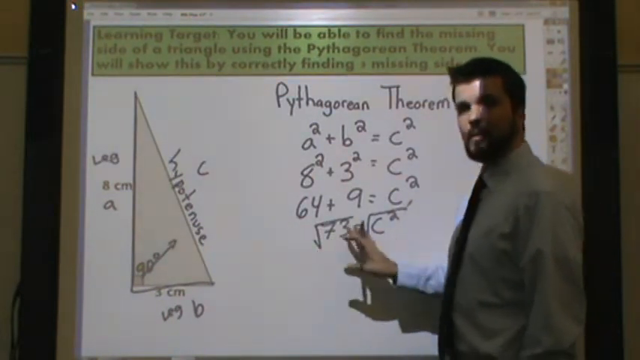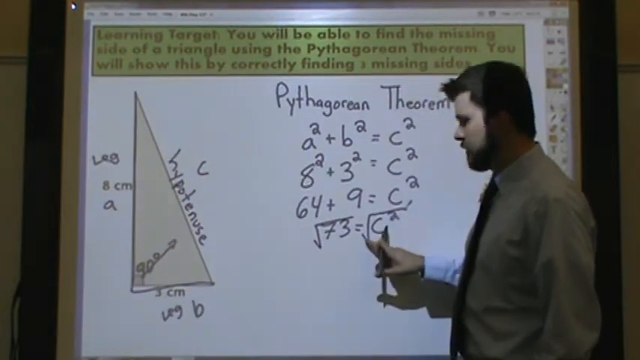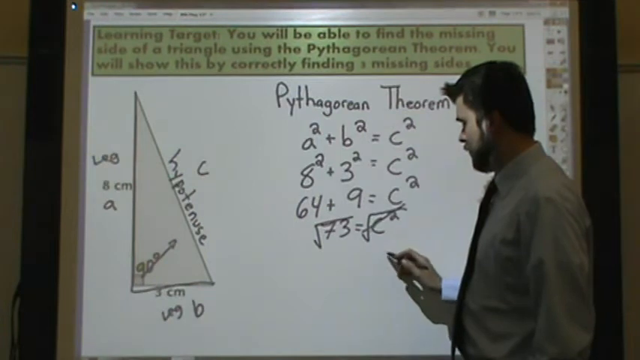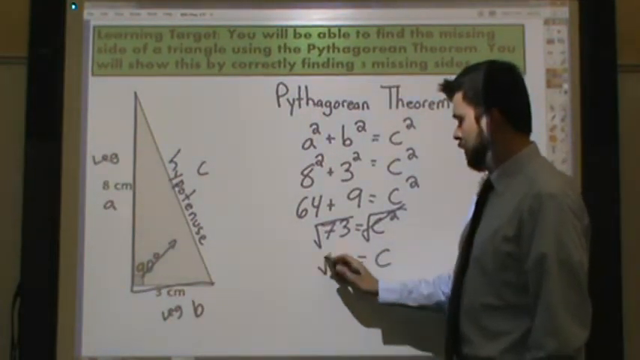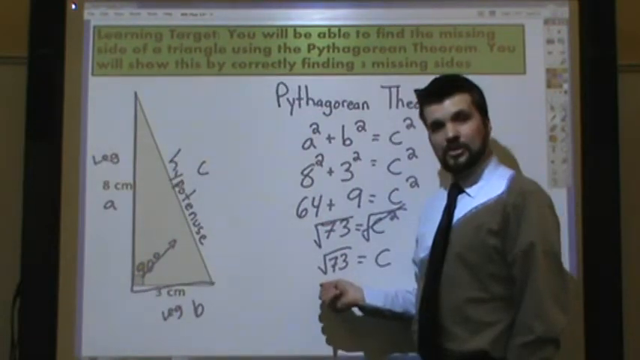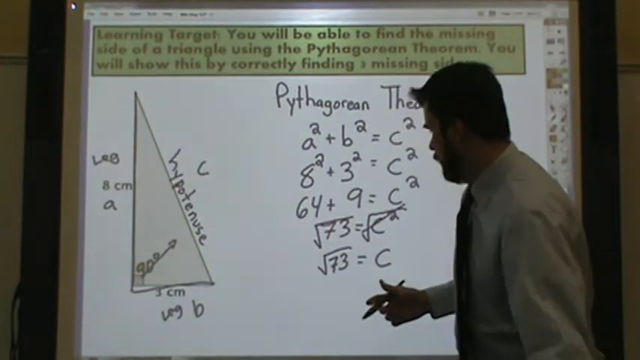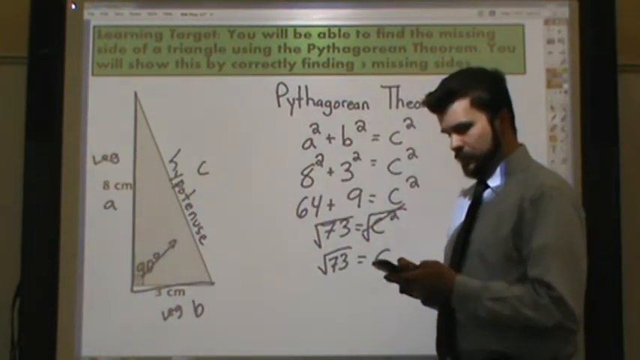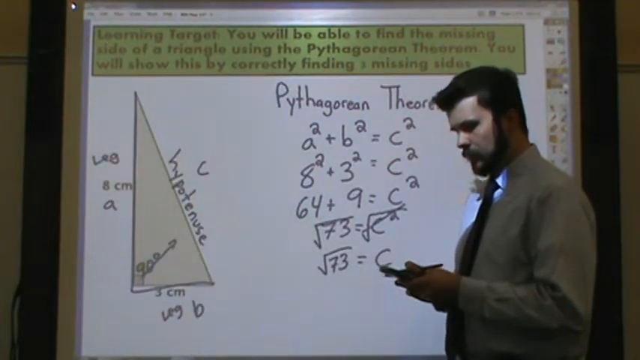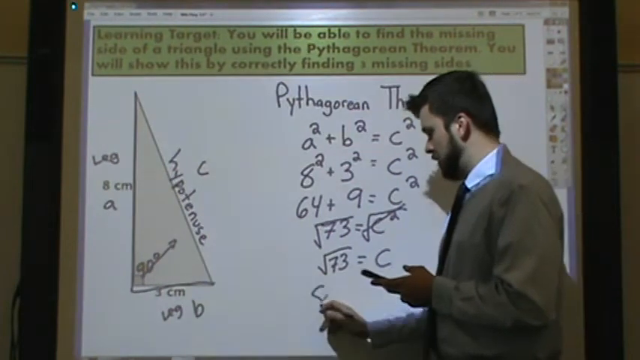Whatever we do to one side, we have to do to both sides. Over here, the square and the square root are opposites of each other, so these two are going to cancel each other out. So we're just left with a c. Now, if it was a perfect square, we could just do this ourselves, but the square root of 73 is not. All the other square roots are going to be irrational numbers, which means they go on forever, they never end, they never repeat. So this is a suitable answer right here,